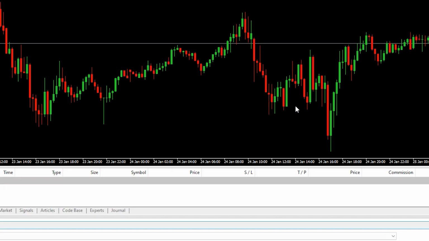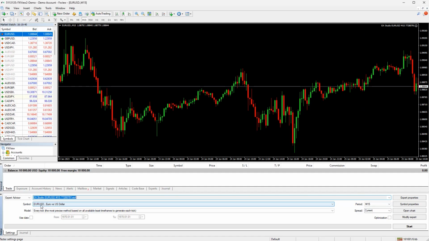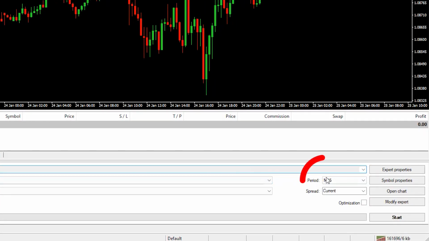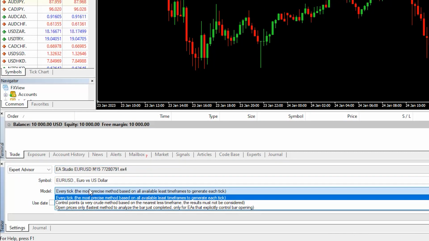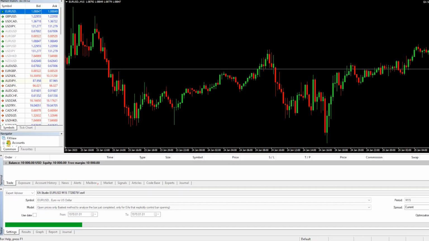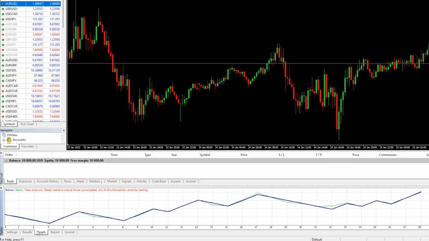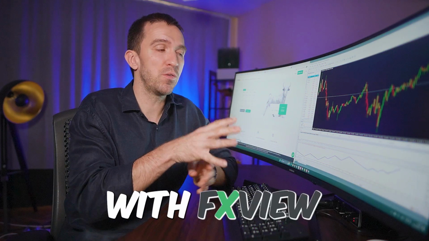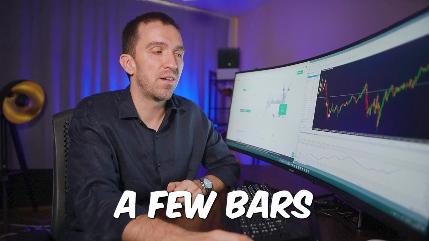I will hit on strategy tester and you will see that the symbol is selected automatically, Euro-Dollar for the M15 time frame. We will test it with the current spread, but as a model I will switch to open prices only. Then I will hit on start and we will see the backtest right in here. But because this is a brand new account that I have opened with Fxview, I have just a few bars,